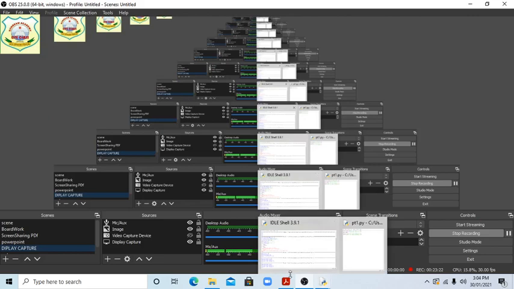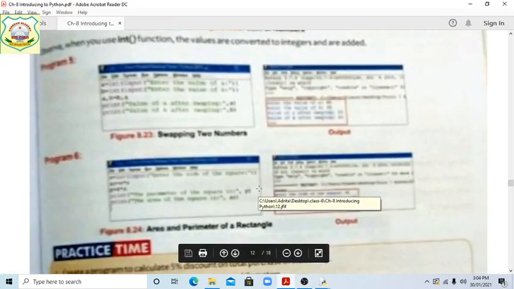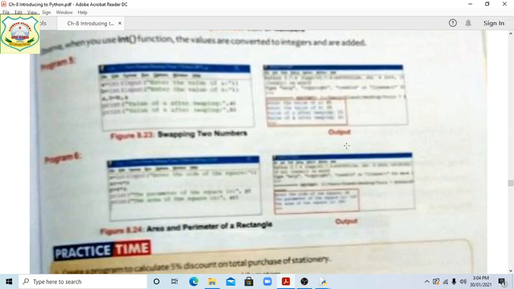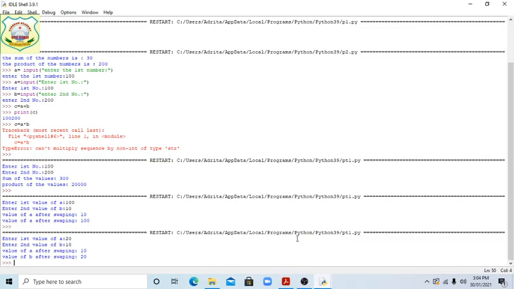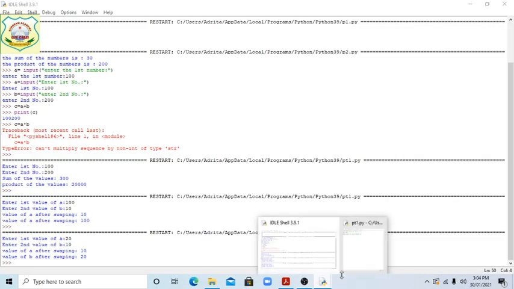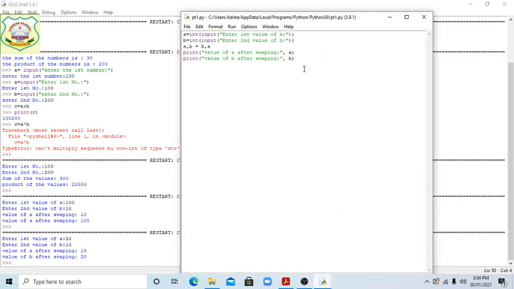After that, students, this is given in program 5. Okay, students, you have to prepare it now. And in program 6, they have given the area. Then how do we find the area, students? So now, see everyone. How to find the area?